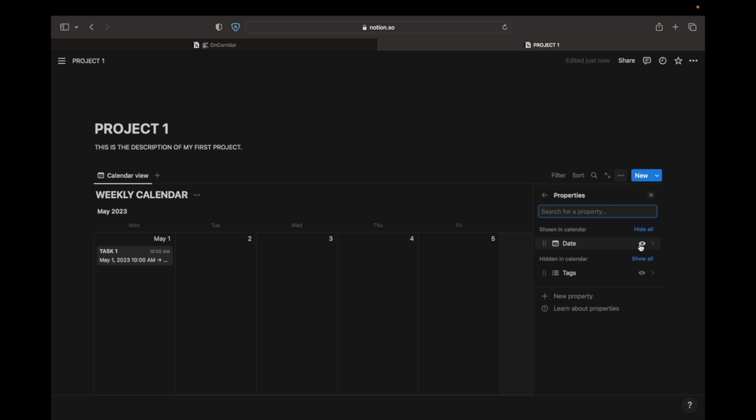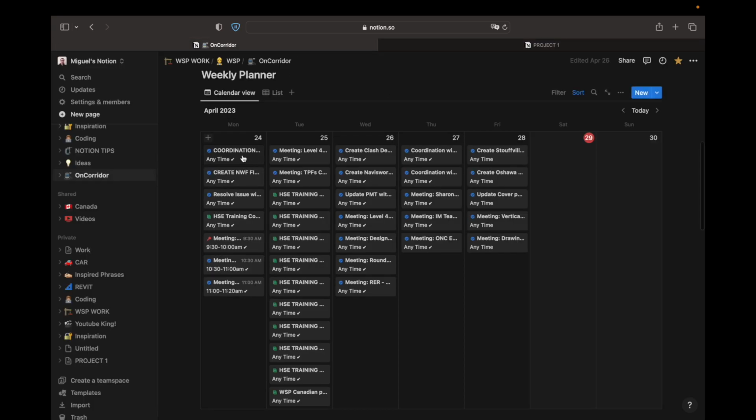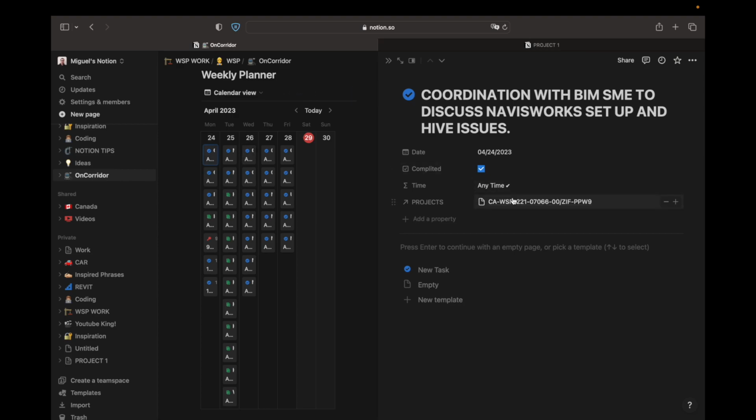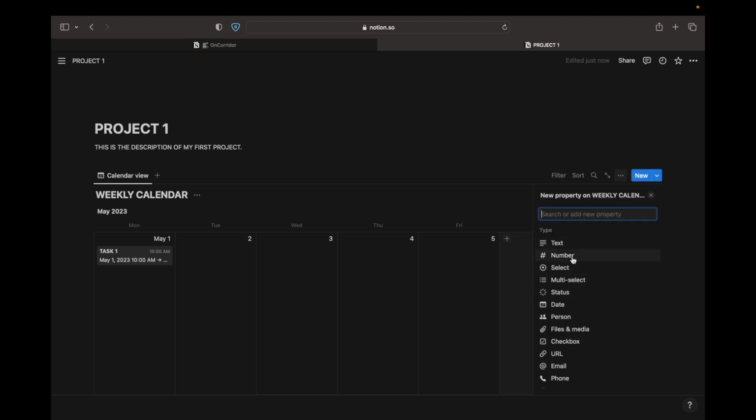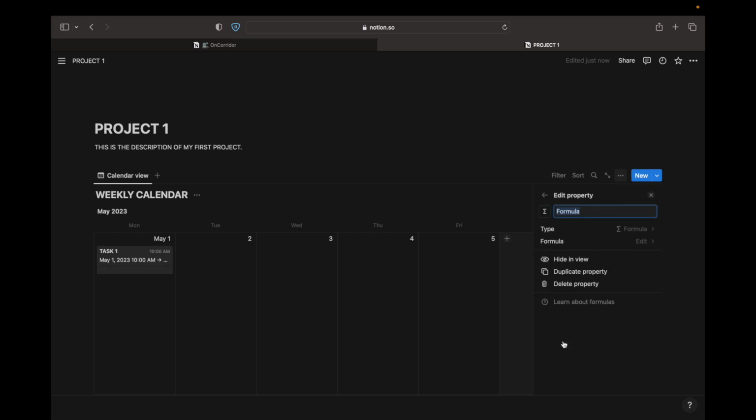All right, so this is cool because I can see the date, but it's not the way that I want to see the date. So if we go back here, select any of these, and see that I have another parameter called time. So let's see how we put that in here. So we'll add another parameter, so we'll add a new property, and this time it will be this formula. Right. And we will call it time,